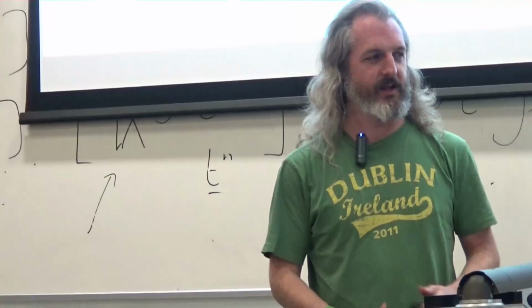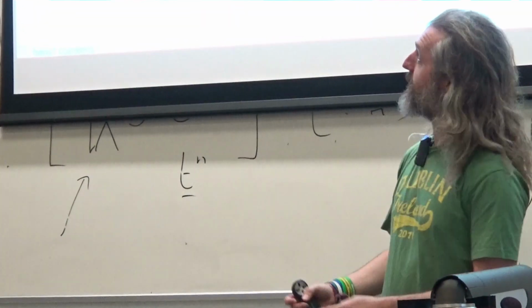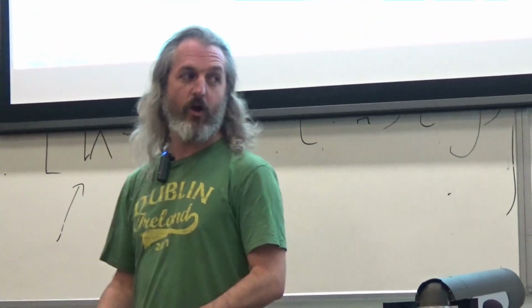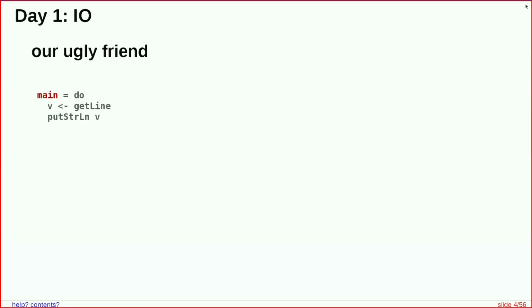So that's the same thing in Haskell. We're going to read in a line, store it in a variable called v now instead of $, and then we're going to output it. Okay, but main really is just, I can't really gesture here. From the Haskell perspective, what Haskell sees is not a sequence of instructions. What it sees is